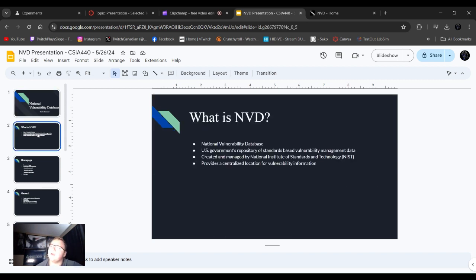The National Vulnerability Database. What is it? It is an online repository accessible to the public. To be more specific, it is the U.S. government repository of standards-based vulnerability management data. The repository was created and is maintained by the National Institute of Standards and Technology, also known as NIST, and it contains information on all discovered vulnerabilities, from their descriptions, statistics, and even mitigation methods for the discovered